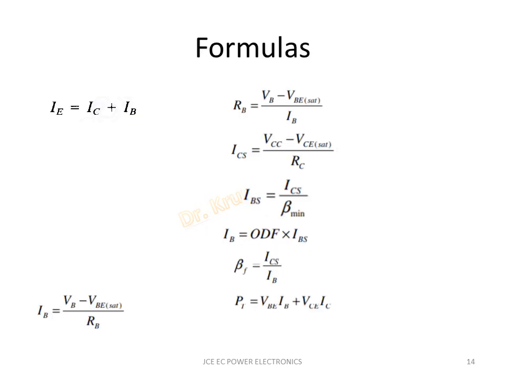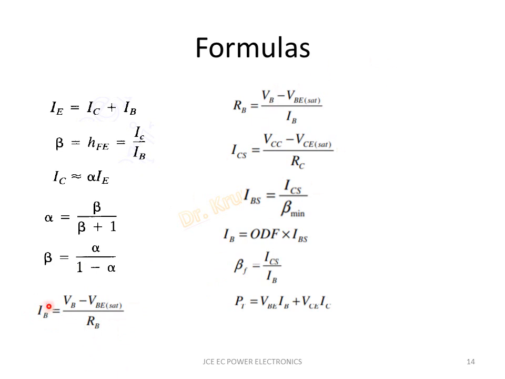Now these are the formulas I wanted you to have a look at. Please go through these formulas because I want you to do some problems, so take a pen and pencil and note them down. IE equal to IC plus IB, beta is equal to IC upon IB, IC equal to alpha times IE, alpha is beta upon beta plus 1, beta is alpha upon 1 minus alpha, IB is VB minus VBE divided by RB. This is at the input of the transistor switch.